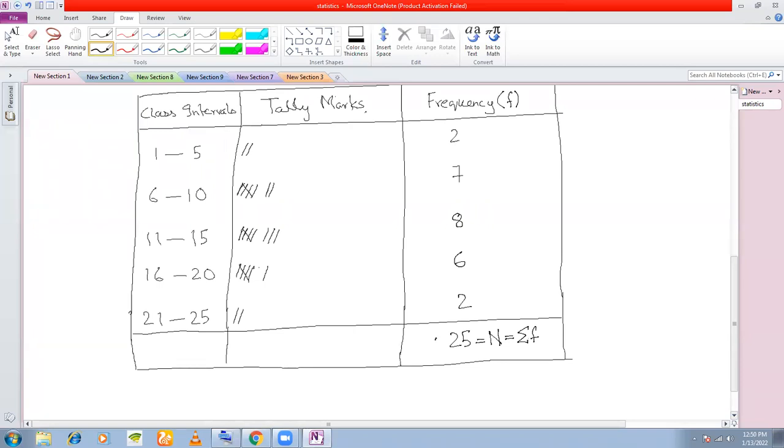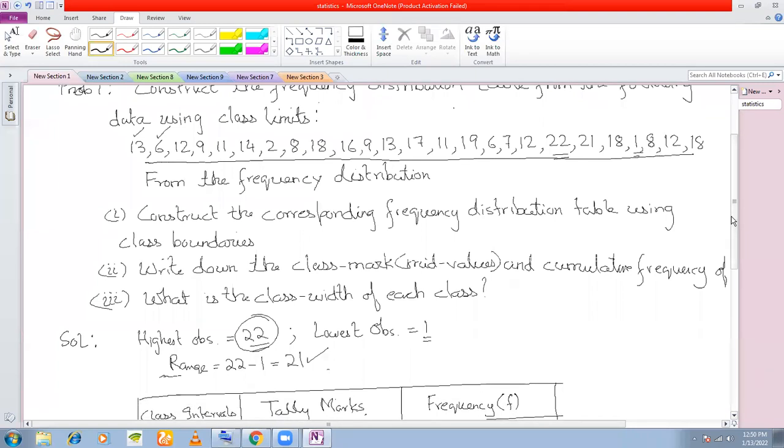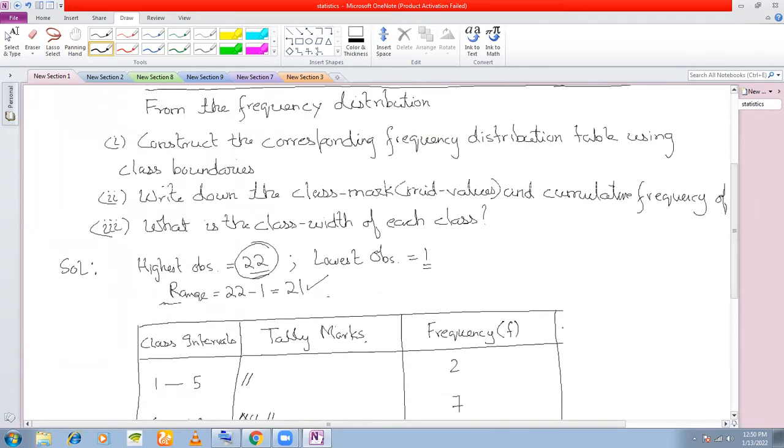Now the 25 that you have got, how do you check whether you have done it correctly or not, whether you have not skipped any particular observation? See, you're getting the total of frequency as 25, right? So you count all these observations. All the observations that are there, you count. If you are getting 25, then you have not skipped any observation. If you are not getting 25, that means you must have skipped, or maybe you have written some observation twice. Clear with this? Till this part, is it clear how to check the data? Fine. So this is what we call our frequency distribution.